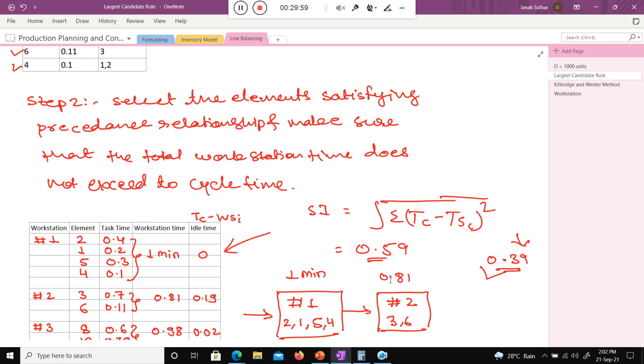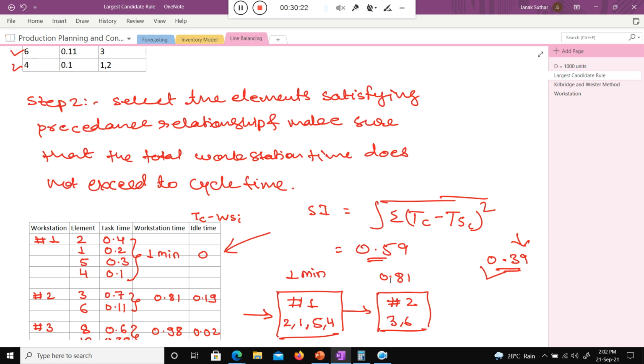Are you getting my point? Here Kilbridge-Wester is better. Why better? Because its smoothness index is less. I already explained, but I know many students are not active in the class.